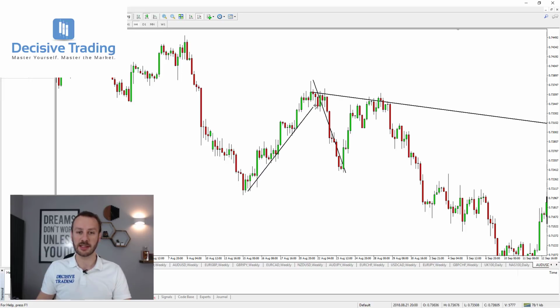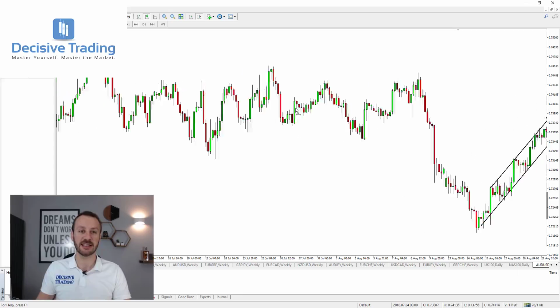If we are connecting them up, you can see the market testing once, twice, and then we start to break. So this trend line, you could actually call it a trend channel. As we start to break, it's giving you the suggestion that potentially this bullish move is coming to an end, and we can expect either bearish price action or some sort of sideways chop. So very, very handy things to have